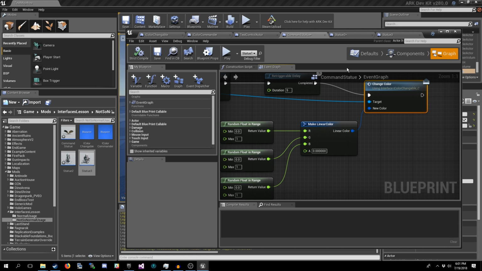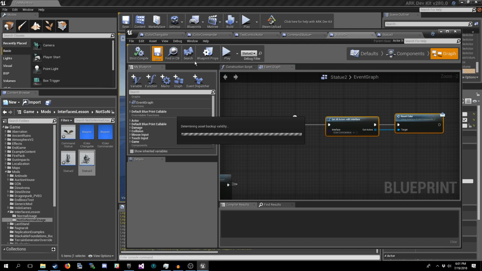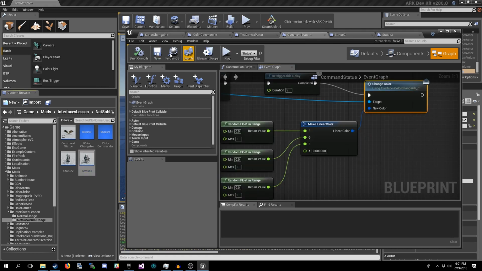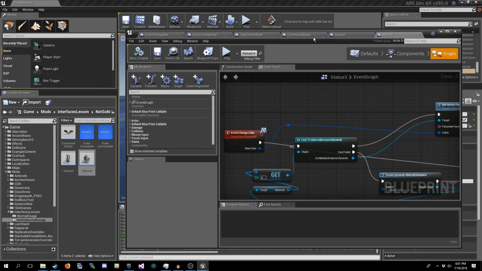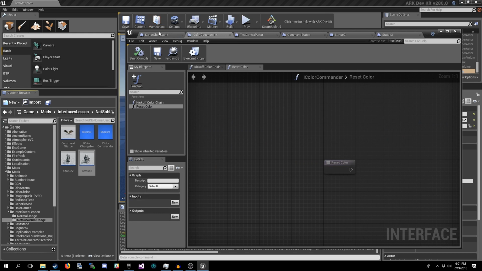Now, this is a bit of an unrealistic example in terms of there's not a whole lot of reasons. I mean, there could be reasons to want to have this color shifting dynamic changes going on in your map. But the point of this exercise was to show that there is no hard references between any of these three statue classes. They know absolutely nothing about each other. The only things that they know about are these interfaces.